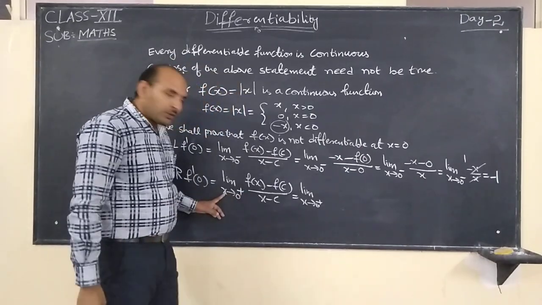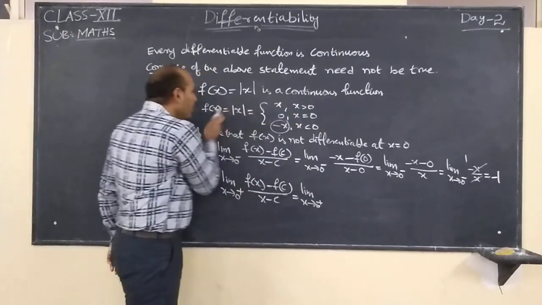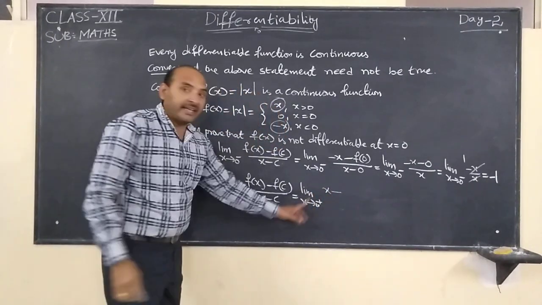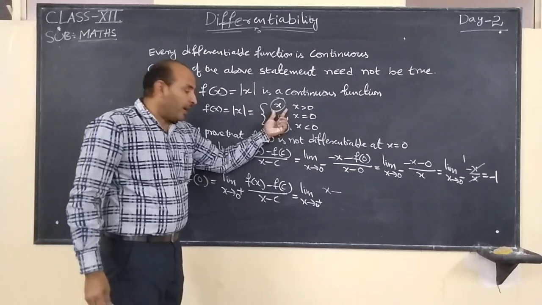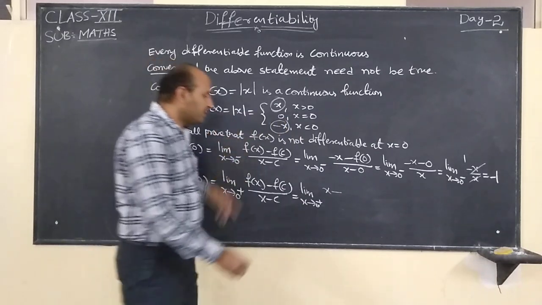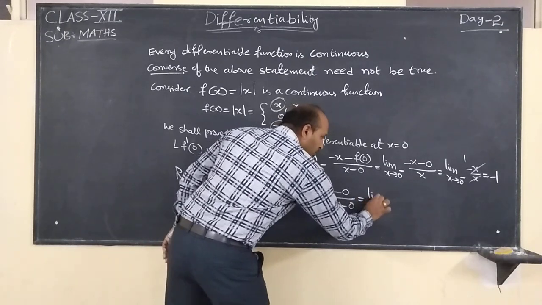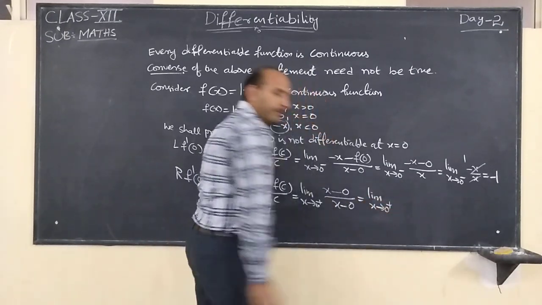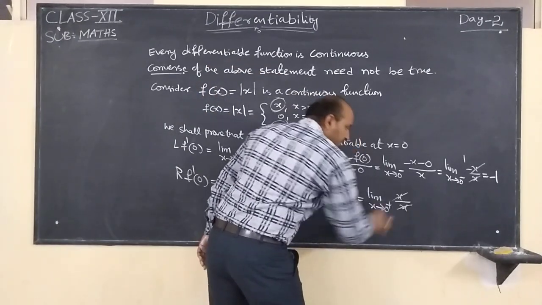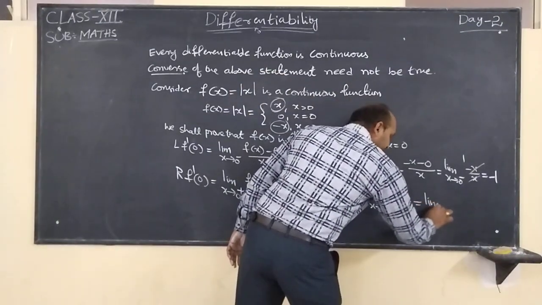when you take x tends to 0 plus, it means x value becomes greater than 0. When x is greater than 0, f of x changes to what? Plus x. So that is plus x minus, because x is greater than 0, we can take the positive value of x. When x equals 0, f of 0 becomes 0, x minus 0 divided by x minus 0, which is equal to limit x tends to 0 plus x, both cancel, x divided by x, this cancels, x minus 0, x minus 0 also x, which is equal to limit x tends to